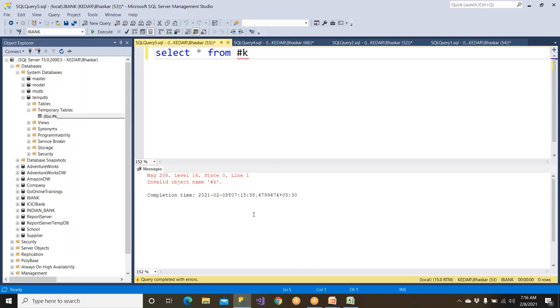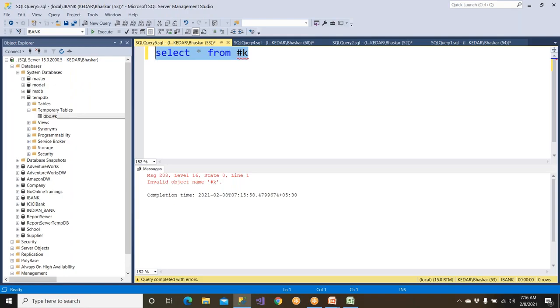In your class, there are 30 students who can only use it. But I would like to go to one more class, and that table I would like to access in one more class. So only your class people can access, but not the other one. So that is a restriction given to the local. But if you wanted your class people to be able to use it, and other class people also to be able to use it,